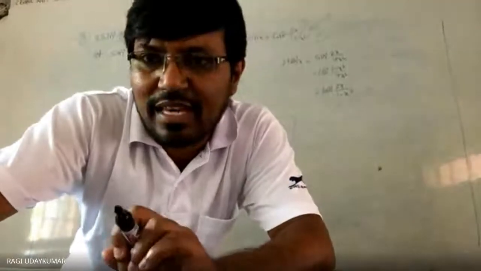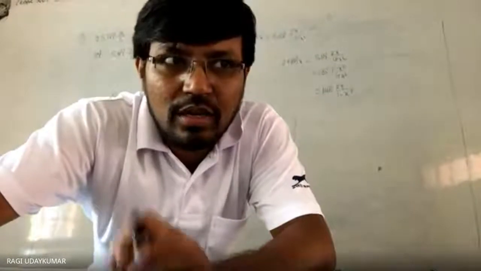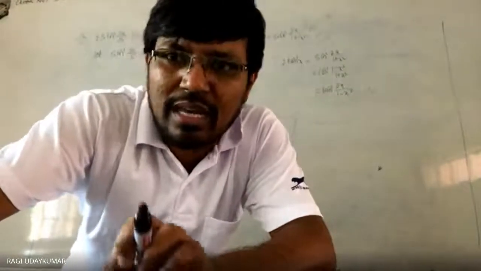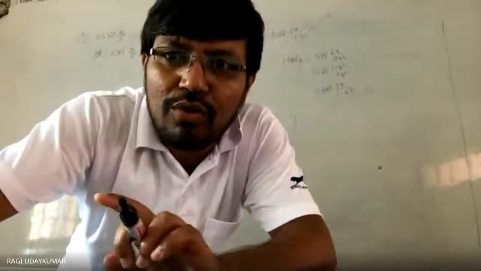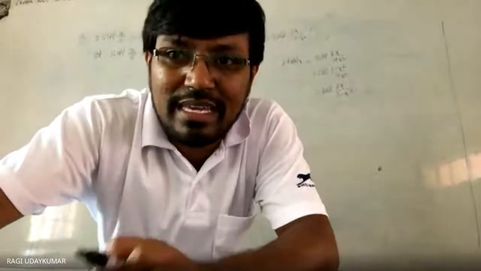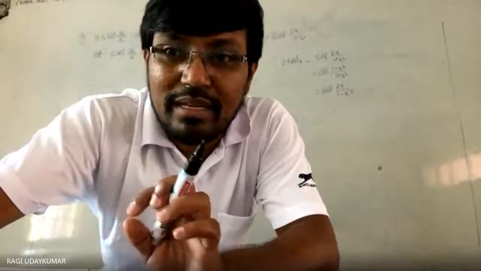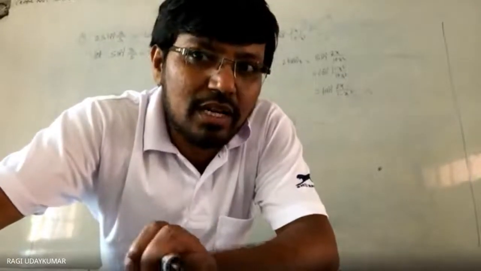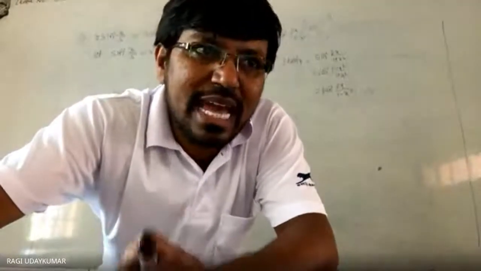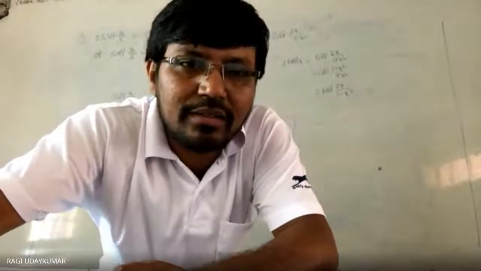Look at the fifth question. What is given in the fifth question? Cos inverse of 4 by 5 plus cos inverse of 12 by 13 is equal to cos inverse. Actually there will be a formula also. In JEE standard you can derive a formula for this: cos inverse x plus cos inverse y is equal to a formula. Means for JEE standard, convert cos inverse x into tan and cos inverse y into tan, and apply tan inverse x plus tan inverse y for both. In this problem you have to do this. Understood?